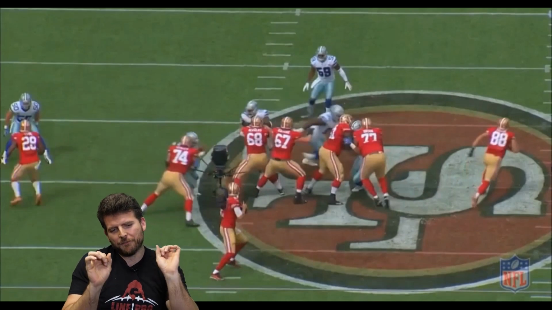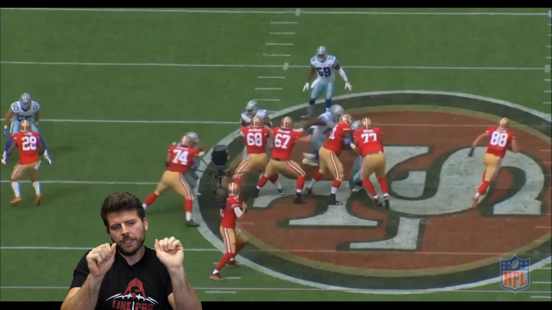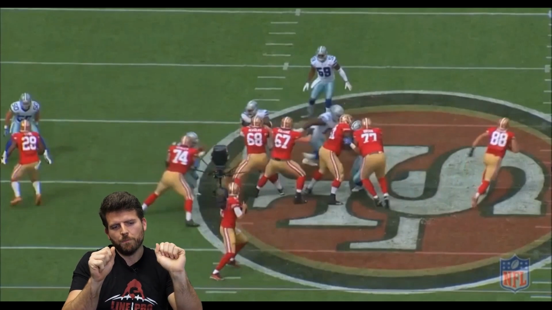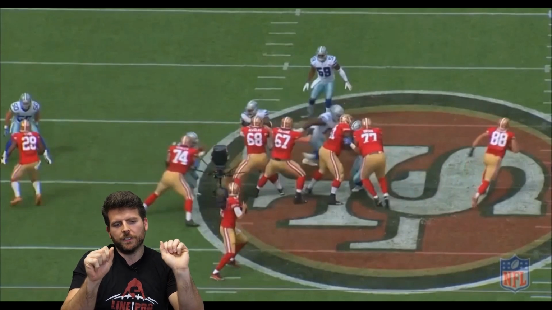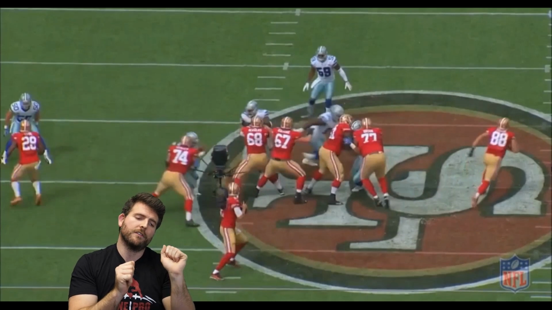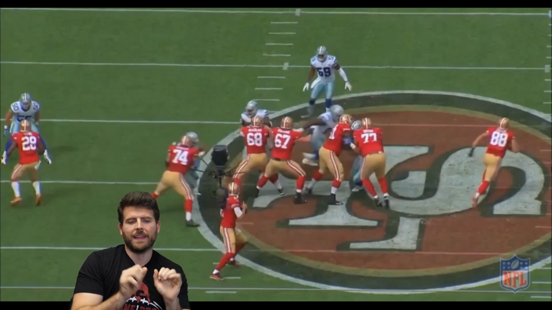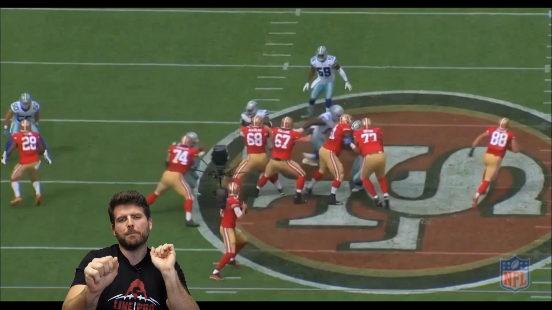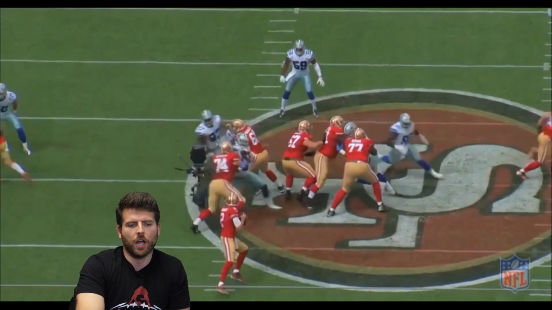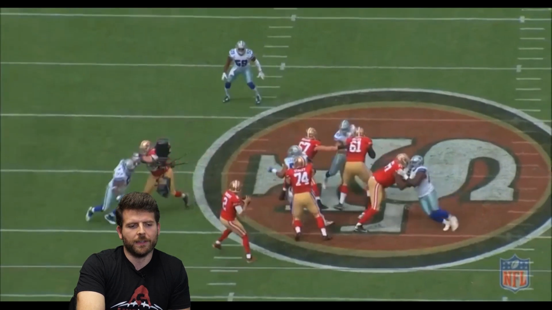If the left guard, left tackle were on the same level at this point, the left guard has a looper and the left tackle has a penetrator now. If they're on the same level, 68 could take the penetrator and 74 could come off for that looper. But they got on different levels, and when that happens, we just want to stay with it, stay where we are, keep blocking that one-on-one. So great effort. I love how he,